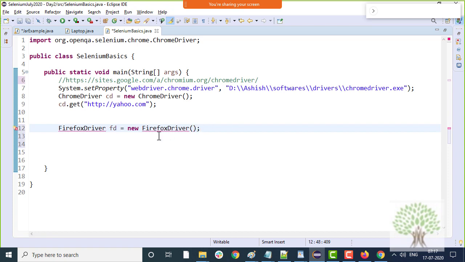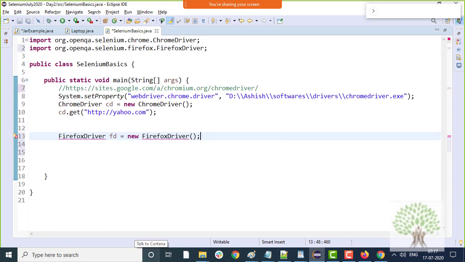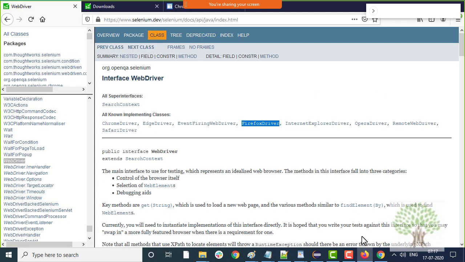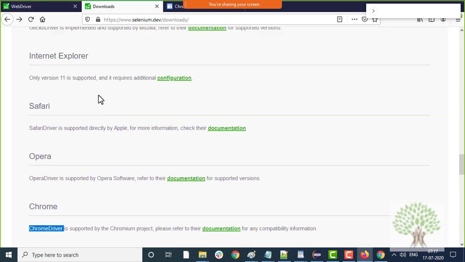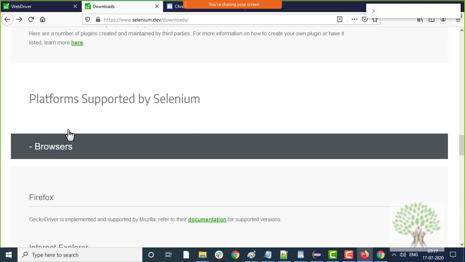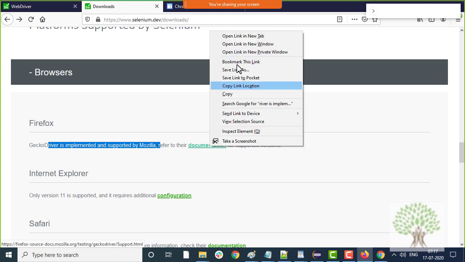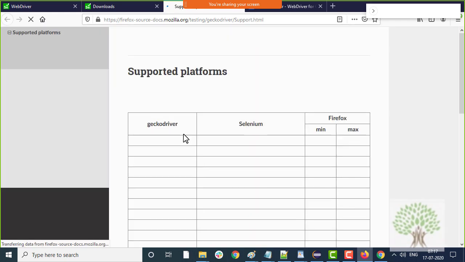You will get an error, you will have to import it. Now the thing is, again for Firefox you will need an exe file which you will have to download. Under the browser section you will see Firefox as well, and you can open the documentation, and from here